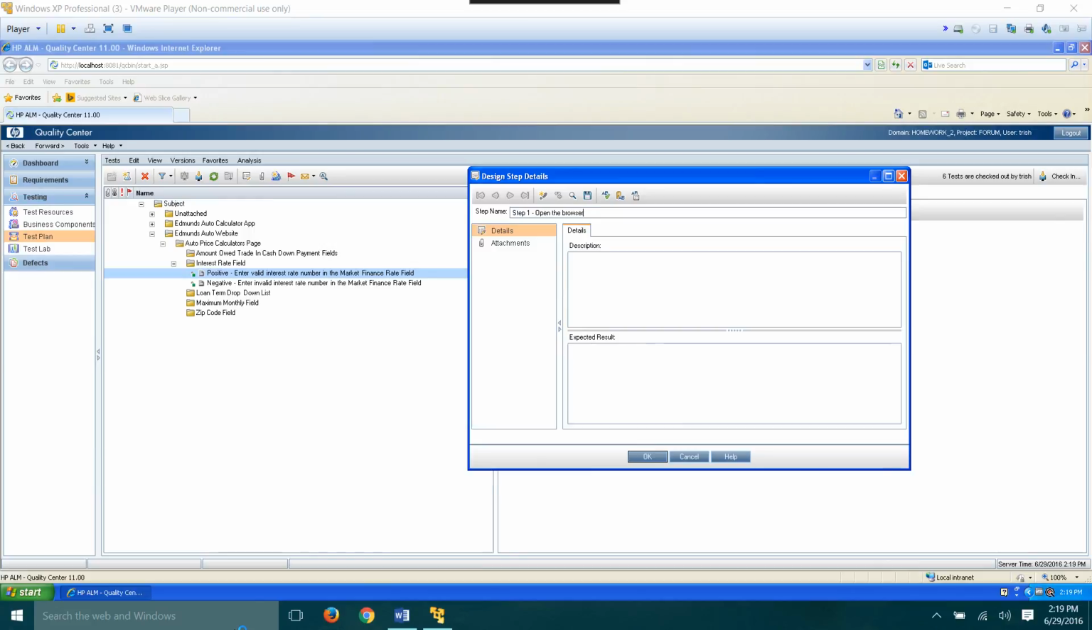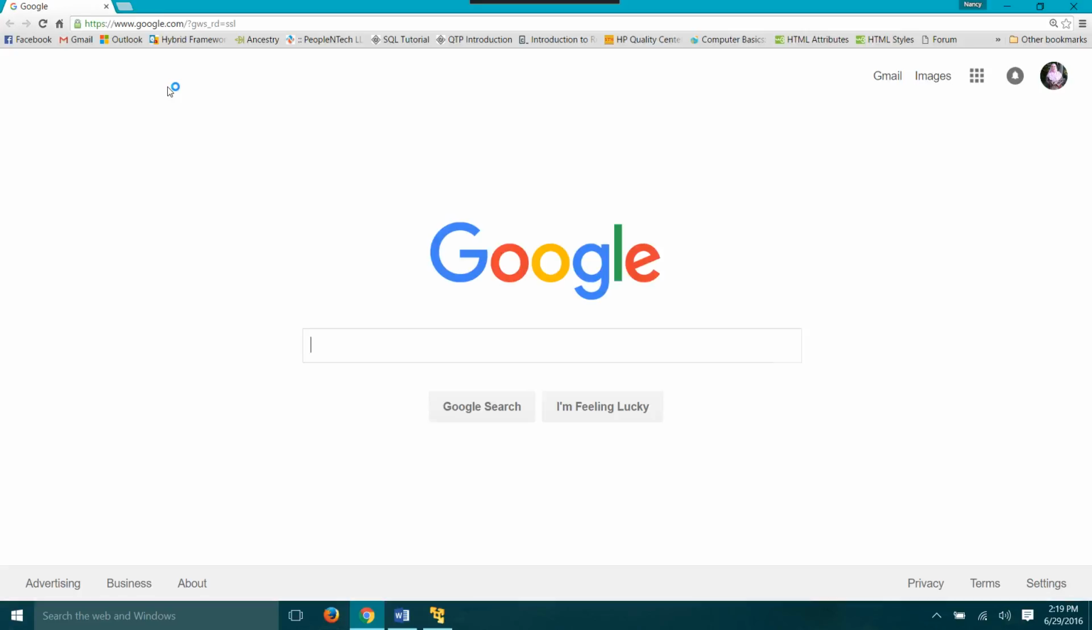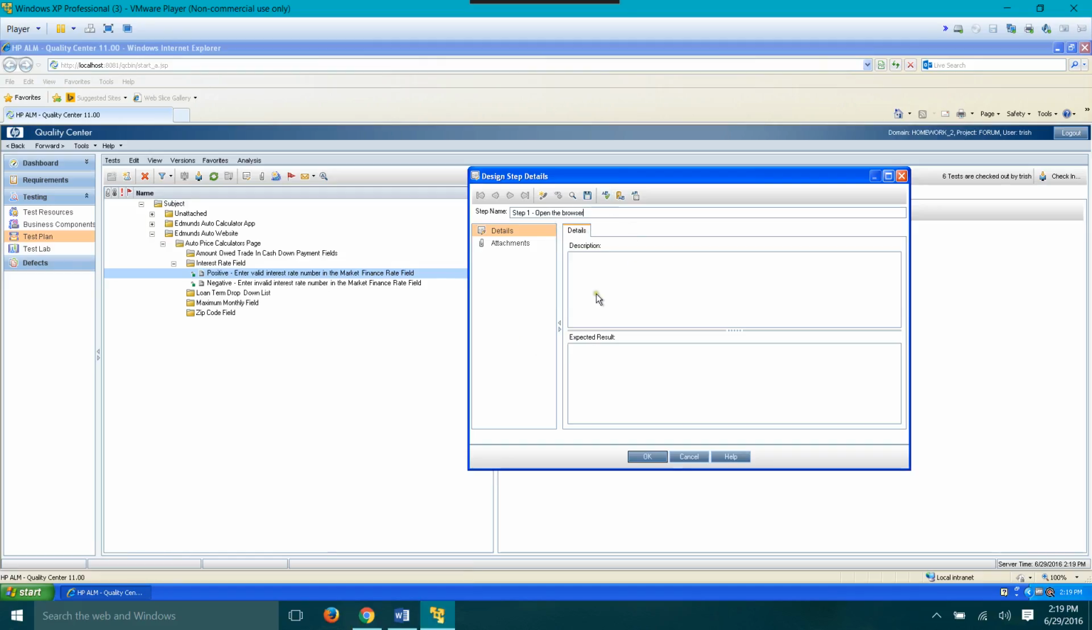In this case, I'm using Chrome. You might be using Internet Explorer or Firefox, doesn't matter at this point. And the expected result is that the browser will be open. So let's write that up. Open the browser. Step name does not have to be super detailed. Description: user, that's you, Mr. Tester, will open